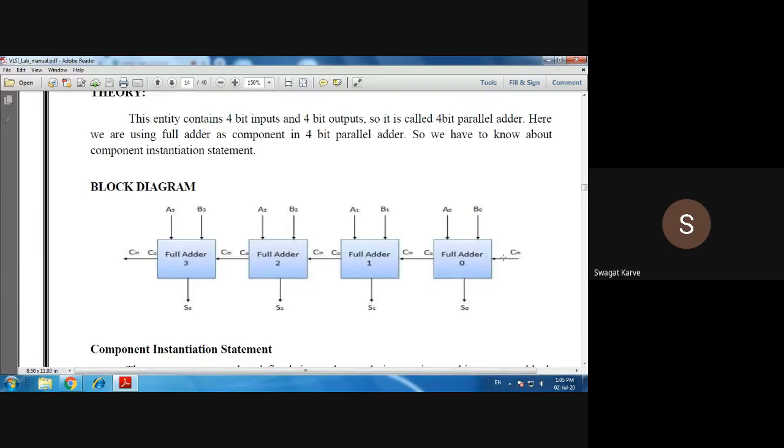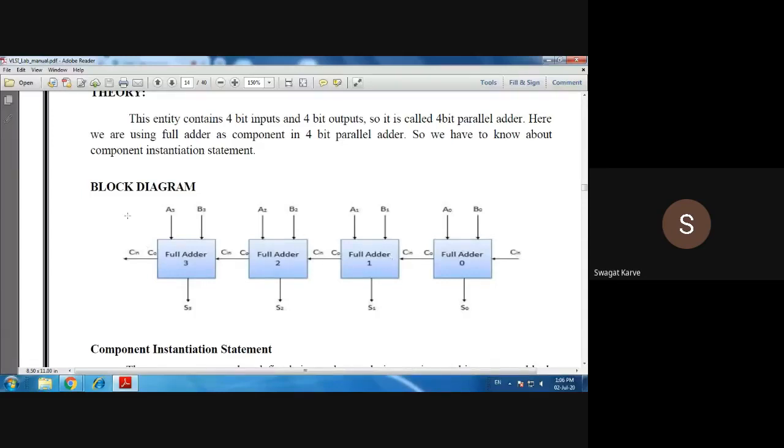Of course, if you want to store this carry generated and you have to use that carry output in the second full adder, you require a memory, right? You require a memory to store this previous carry and to consider it in the next adder circuitry, right? So it is an example of sequential logic design.